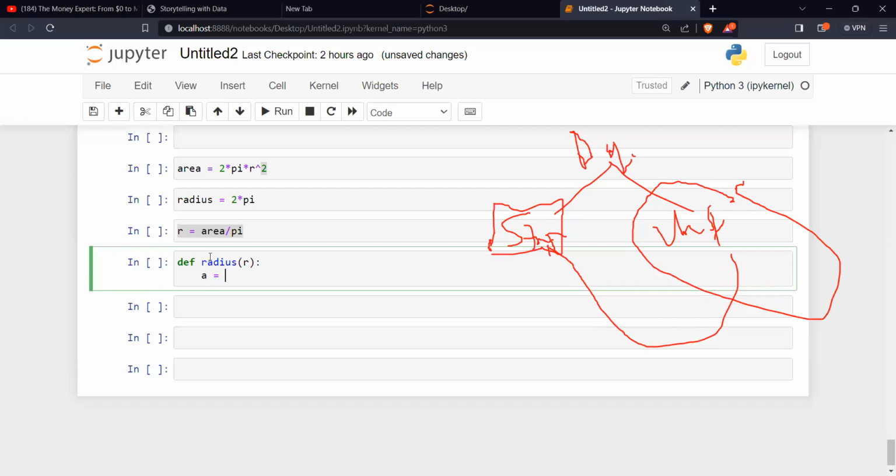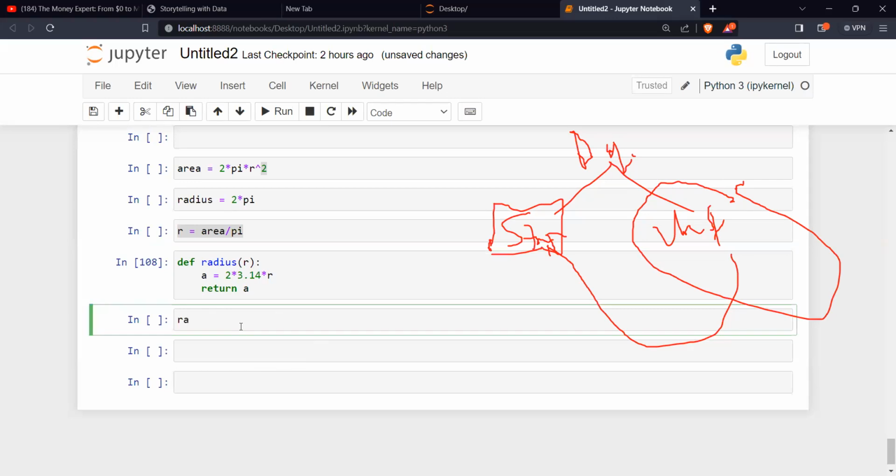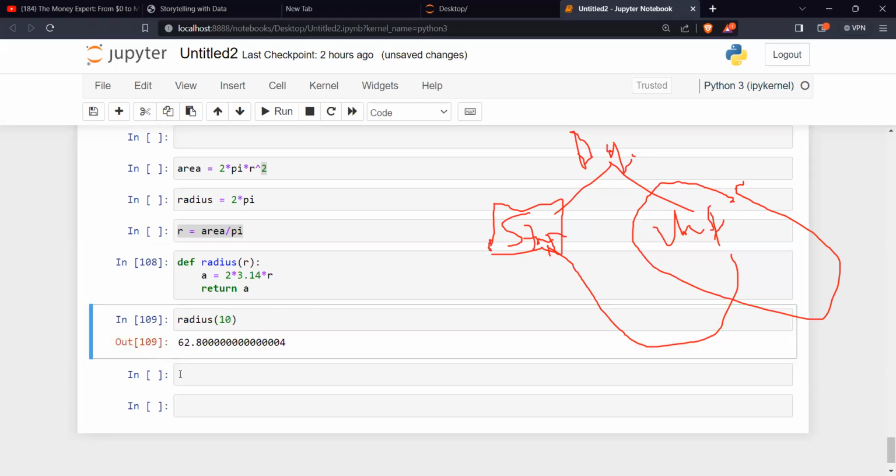A is 2 times pi, a constant value, 3.14 maybe, times the r. Then I'll return A. Which means if I want to get my radius, maybe the radius is 10, it should calculate whatever I want. This is how we would normally have done it, isn't it?